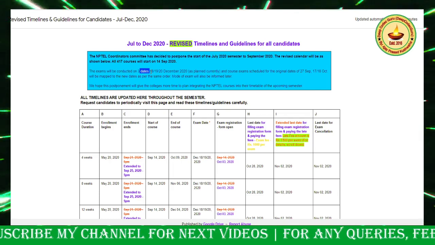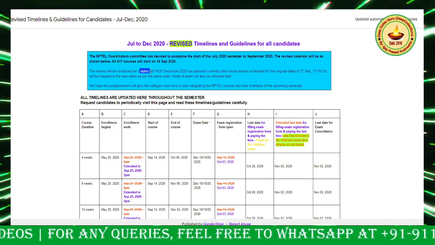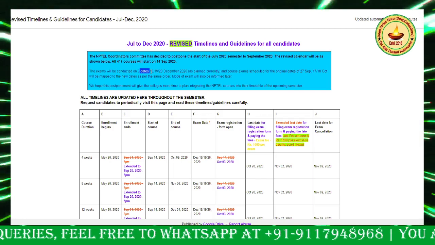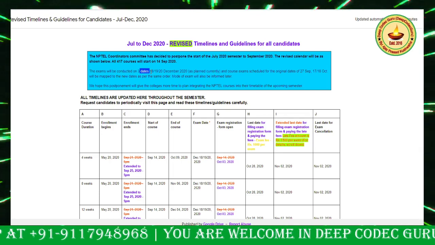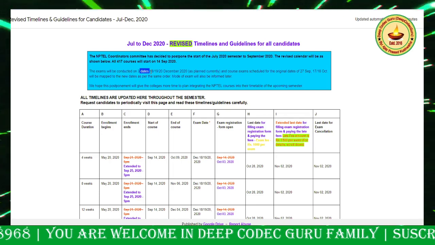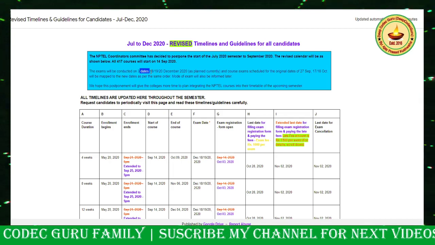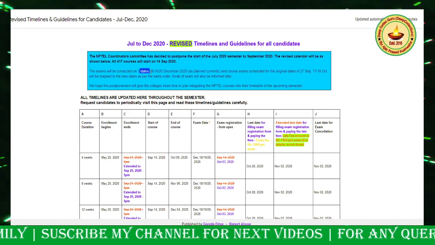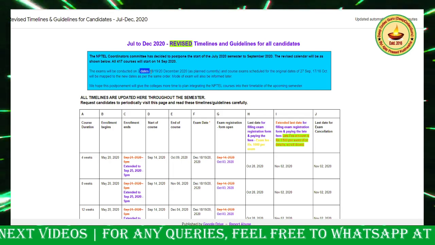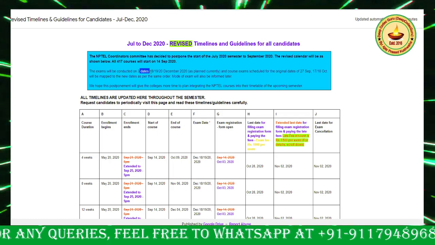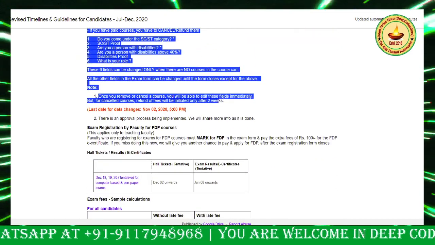So you also make sure that for more than 2 courses, the exam must not be on the same date. Okay guys, am I clear? Then only you can write 6 exams. Otherwise, if your course dates are not matching, then drop some courses and plan accordingly. Don't worry, you have enough time. Whatever courses' dates are matching, you just register for that examination. Am I clear? Then how can you check the dates for the courses?